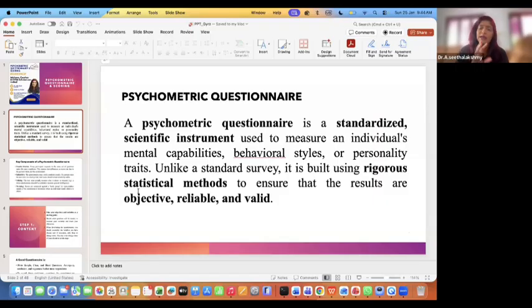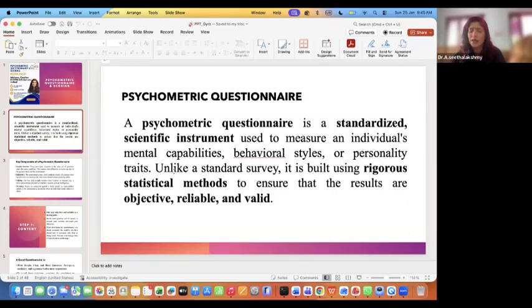So you cannot simply ask some questions and get the data. In that case, anyone can ask and they can have their own imaginations and get things done. You should not do that. That's what a general survey is, just putting up some questions, getting the data and finding a result. Please don't do that. You need to have a questionnaire which should be a scientific one as well as a standardized one. Then only can we call it a psychometric measurement.